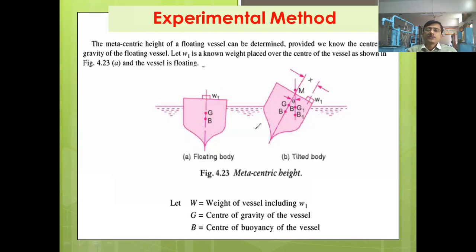Then what is going to happen? The position of z as well as the position of b is going to change. Why will the position of z change? Because this weight has been shifted from the center line to this point. So the position of z is also going to change. G will change to z1. The center of gravity will move here.